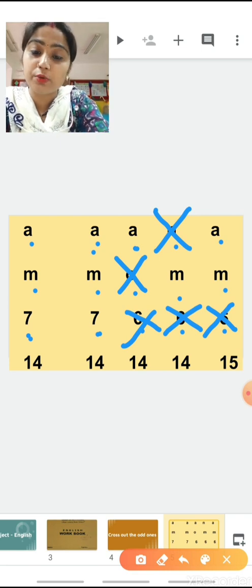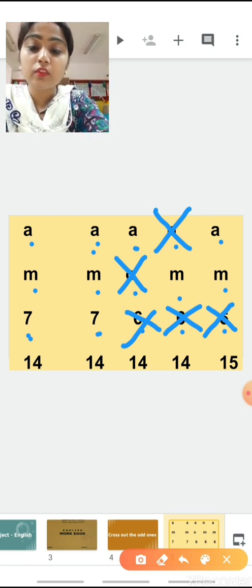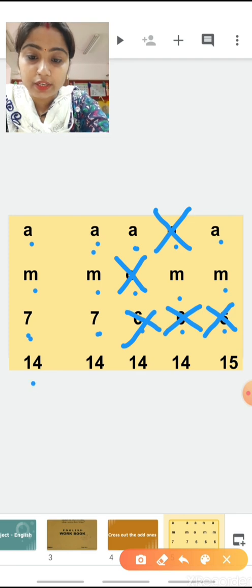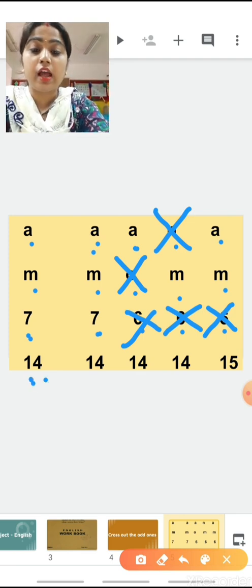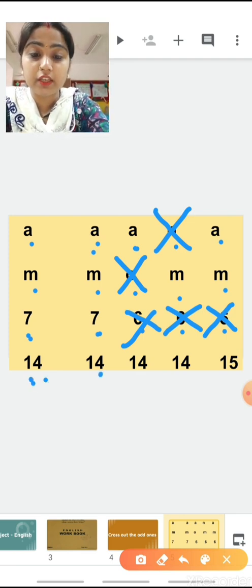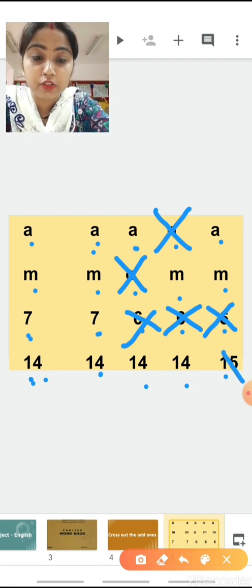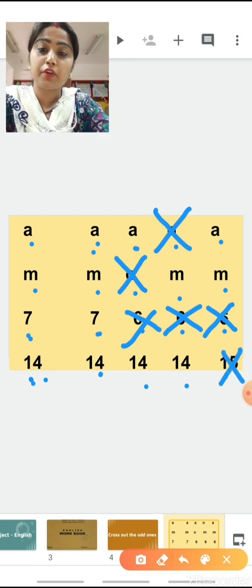So we have crossed out 6. Now in the last one it is 14 and the numbers given are 14, 14, 14 and 15. Now tell me which one is odd? Very good. 15 is odd. So we have crossed out 15.